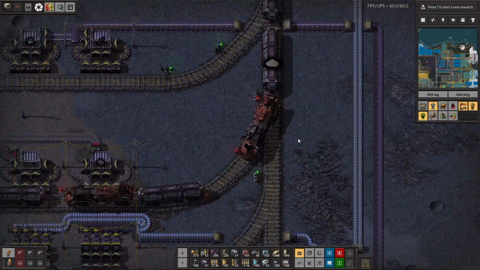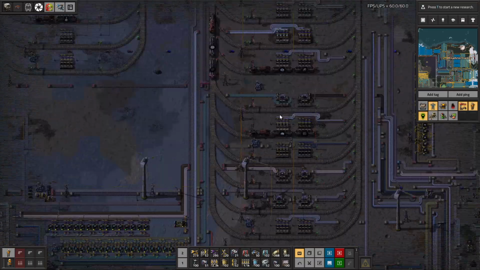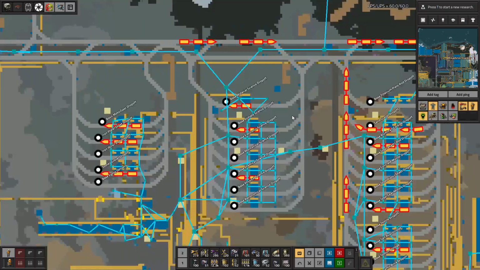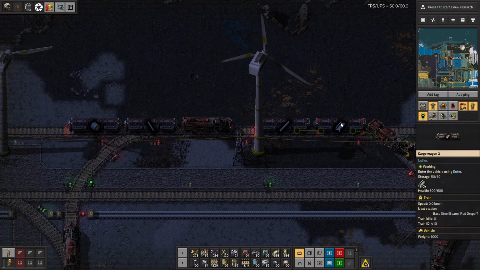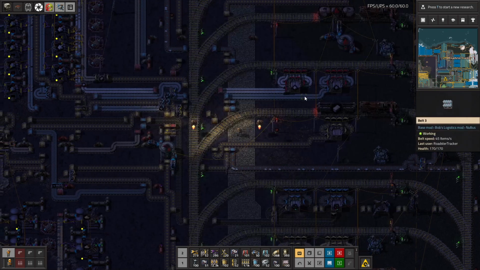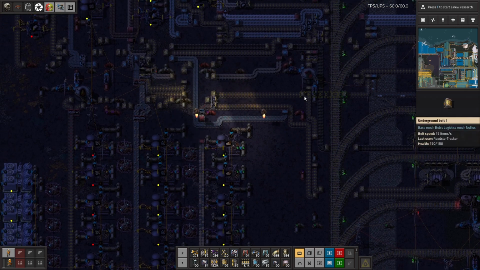That's not really gonna solve the problem, though. Ooh, this is a nasty train jam. I don't know that this can be solved without actually coming out here. Okay, let's go fix it. This is what happened. We had all the trains stop and...